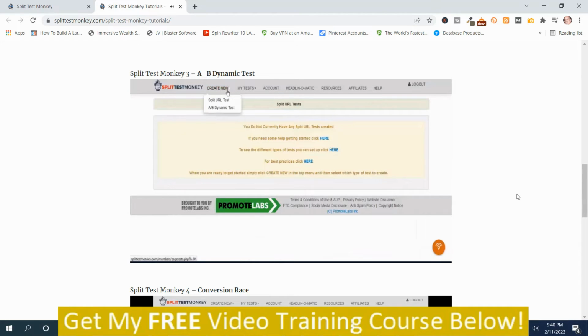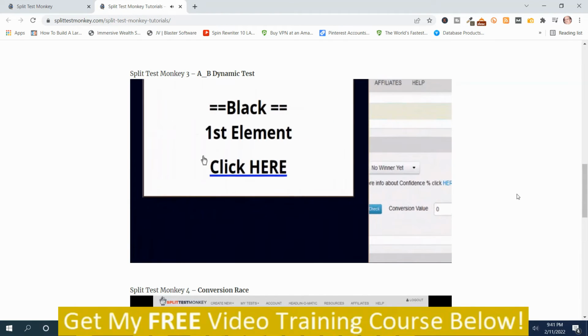And the first one we're going to do is we're going to test an A/B dynamic test. Say we have a page and we want to test the header. And in this case, I'm going to test the color of the header, see which header converts the best and causes my prospects to click here. I can either have a black one, I can have a brown and red one, or I've got a brown only. Now what Split Test Monkey will do is distribute these evenly to the customers as they come along